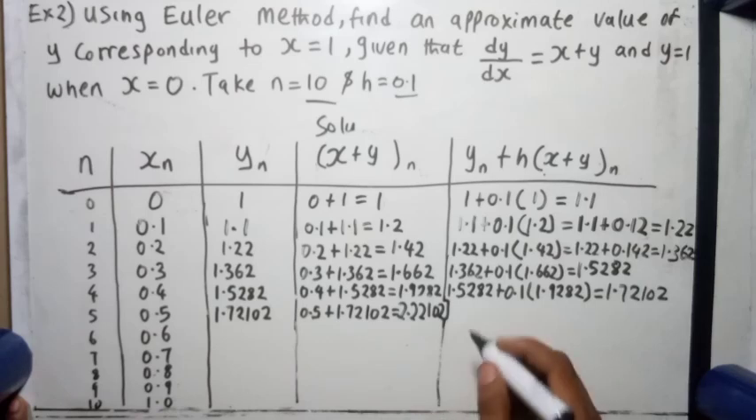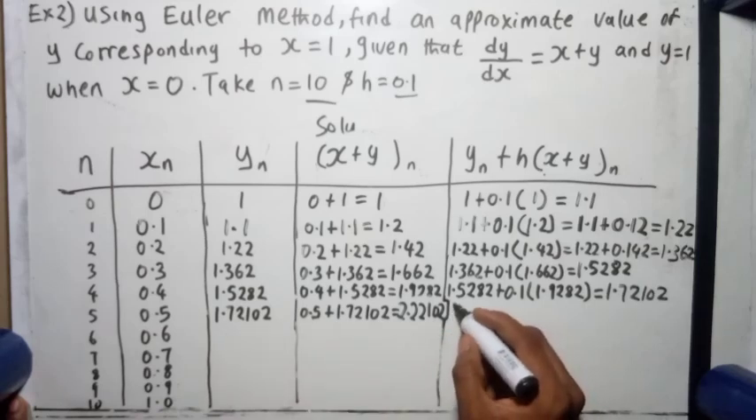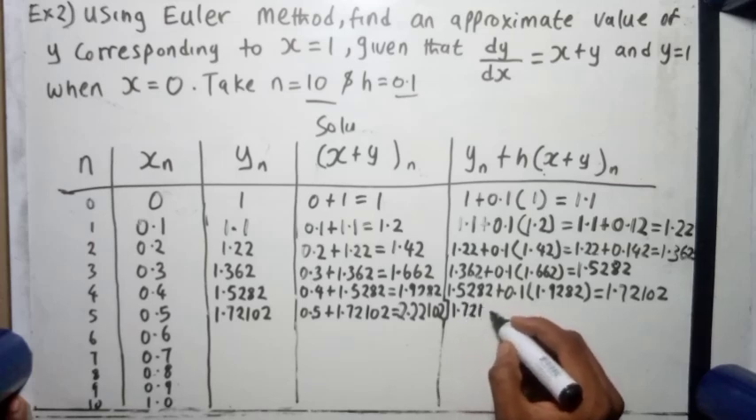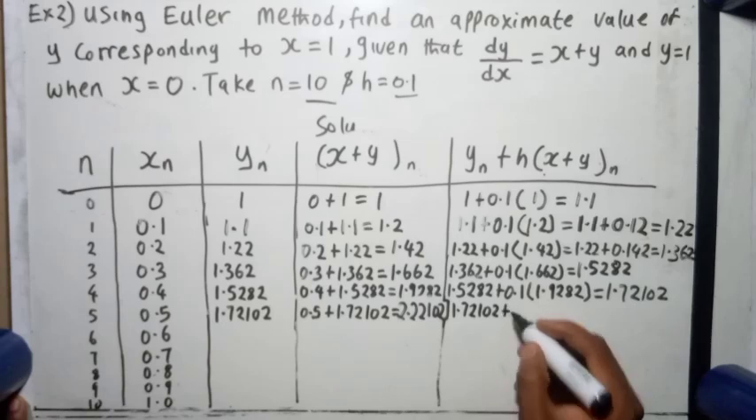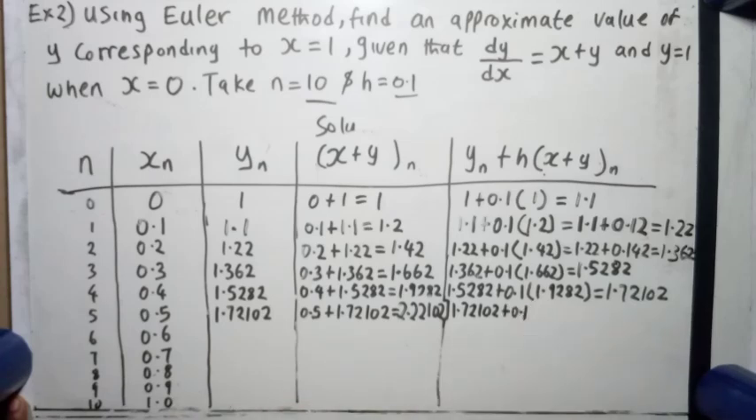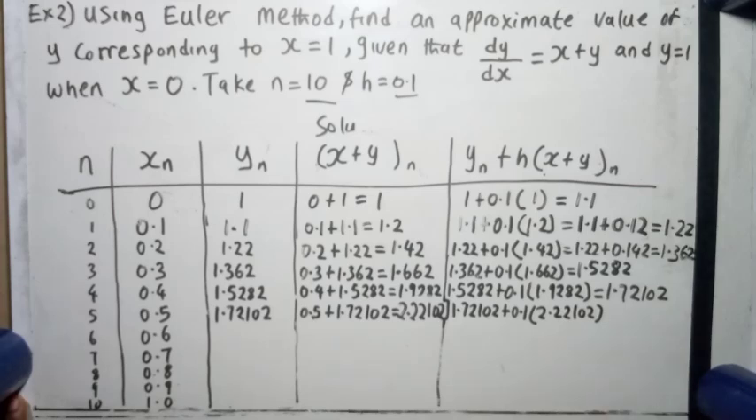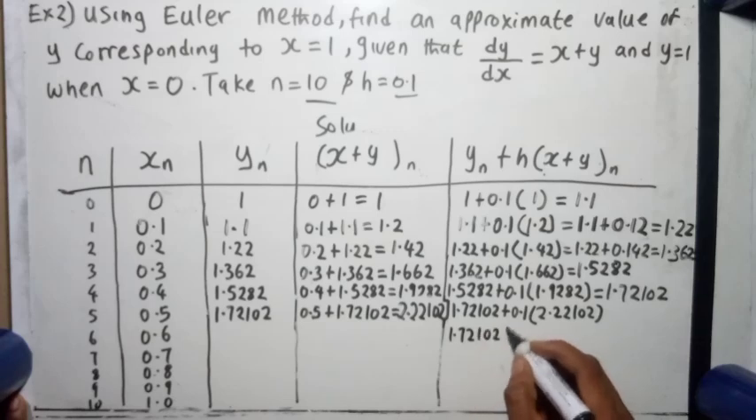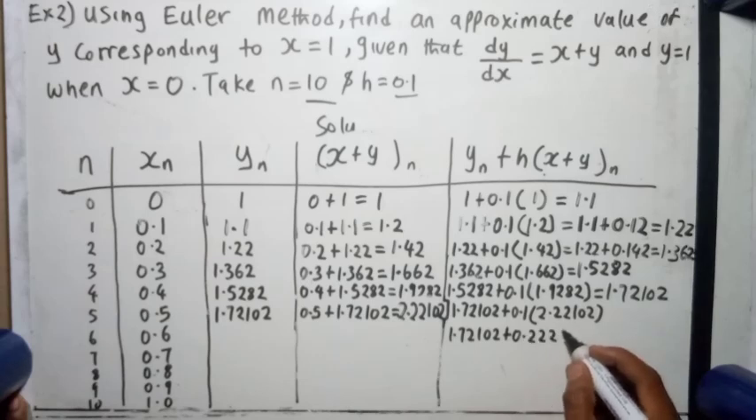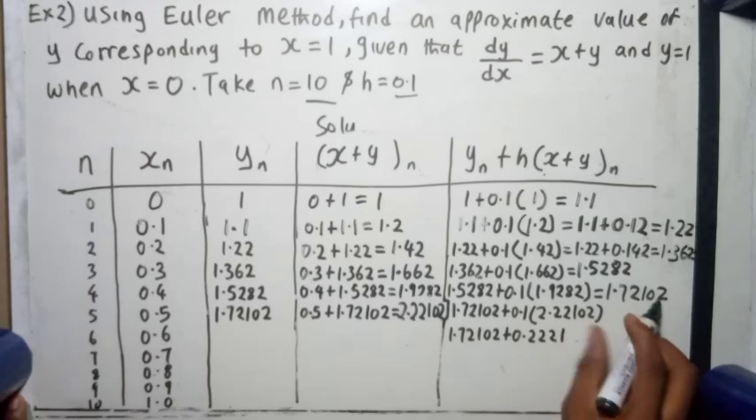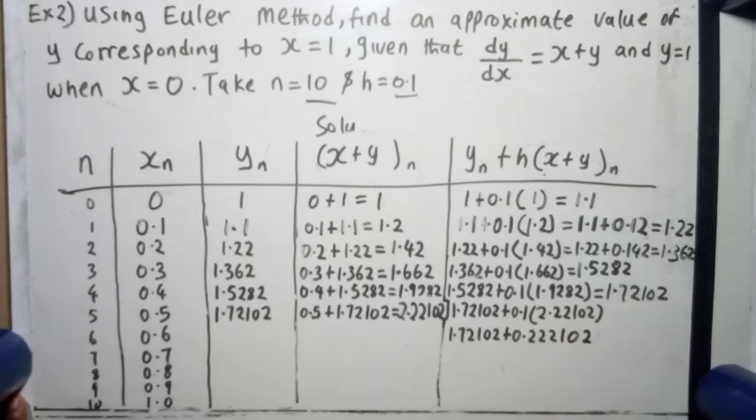Okay, now this value that we have got, we add it to our 0.1, and then to the value of our x plus y, which is 2.22102. If we did that, we'll be having 1.72102 plus this times this, 0.222102. Adding this up,